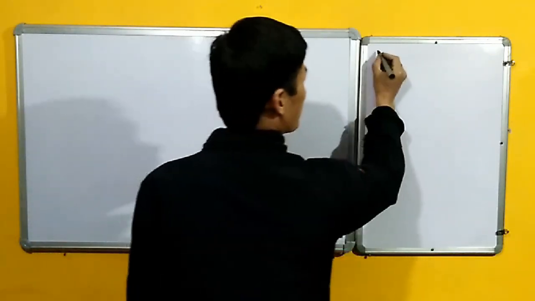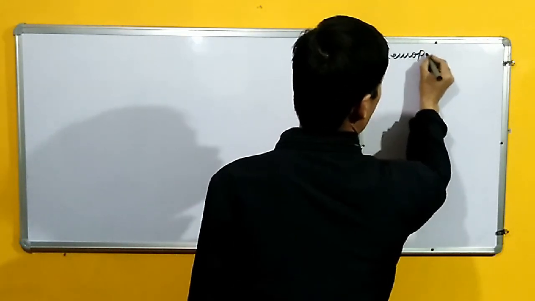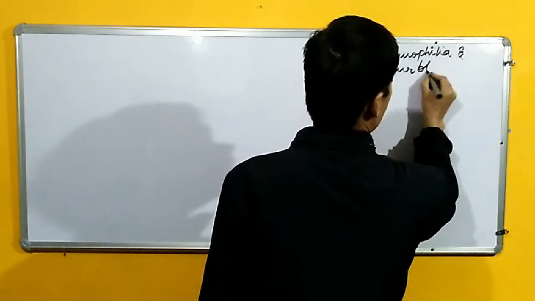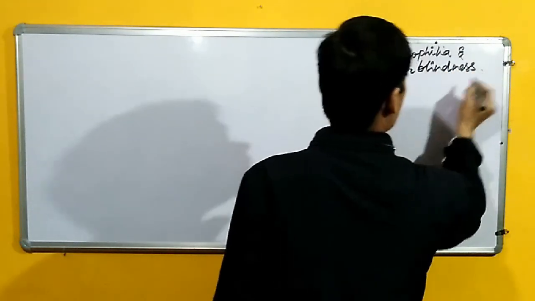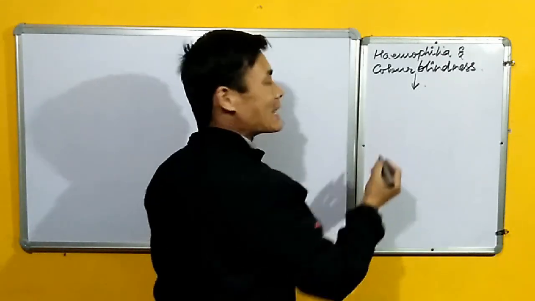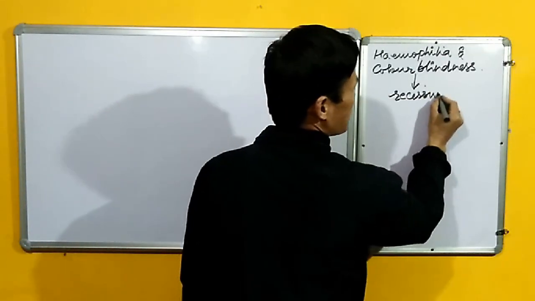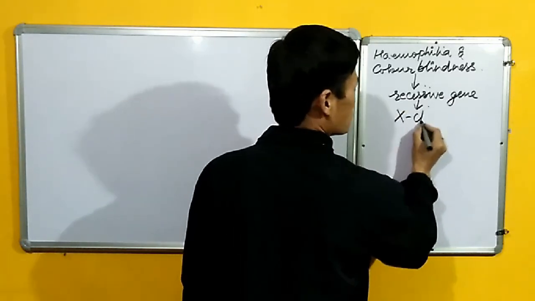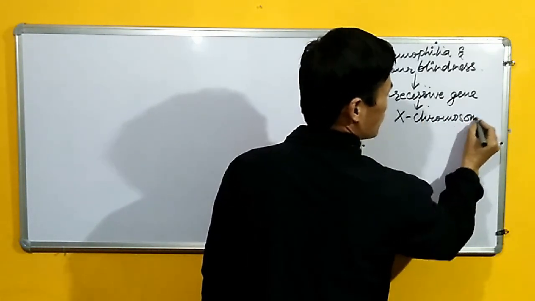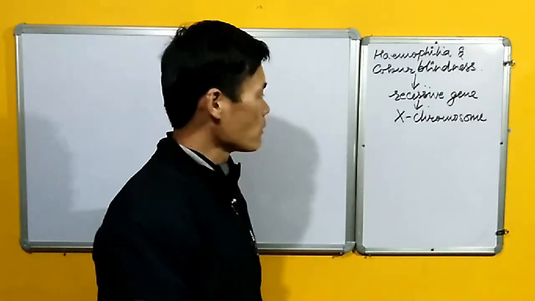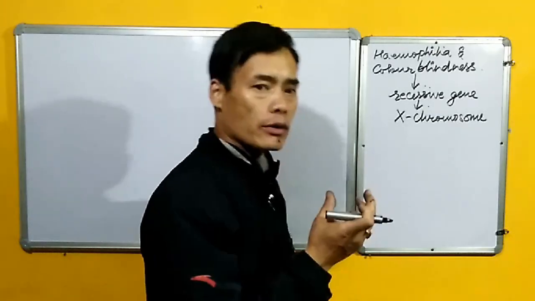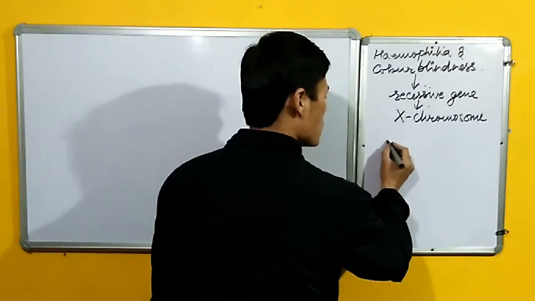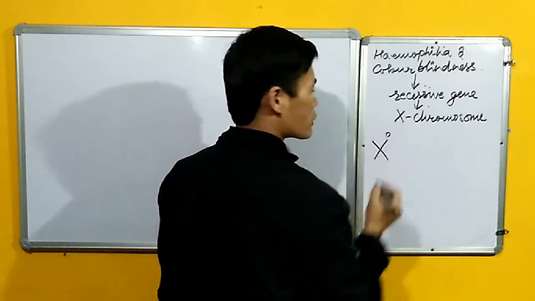Since both hemophilia and color blindness are both controlled by the recessive gene, both of them are controlled by the recessive gene. And this recessive gene is present on the X chromosome. So, if this X chromosome has to be identified for whether it is carrying the recessive gene or not, we use the X chromosome with a symbol X with a superscript O